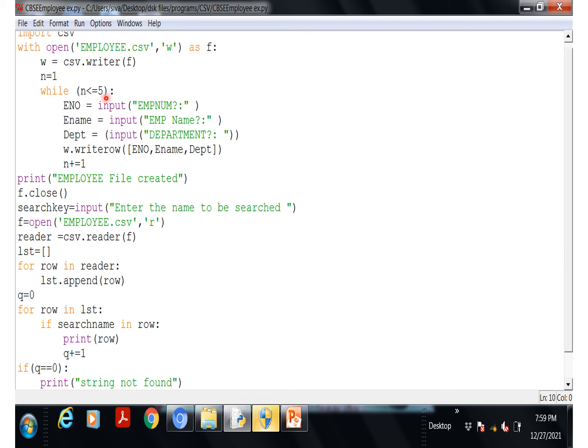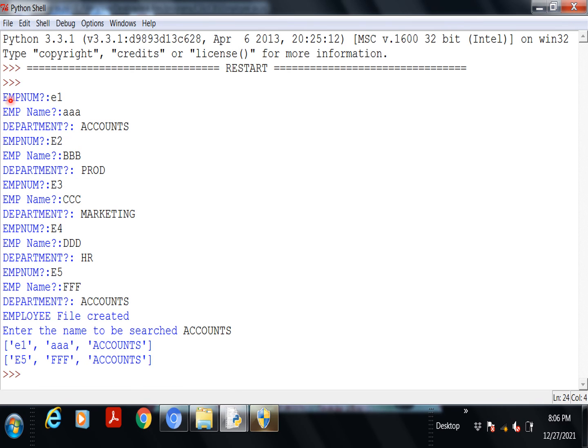Here I have included 5, so it includes 5 records. Okay, 0, 1, 2, 3 and then 4. So this is one option where you can also get from the user. Again after running this program, you can get the answer. For example, you see I have included 5 records and I am asking the search key as accounts. So 1, 2, 3, 4, 5.